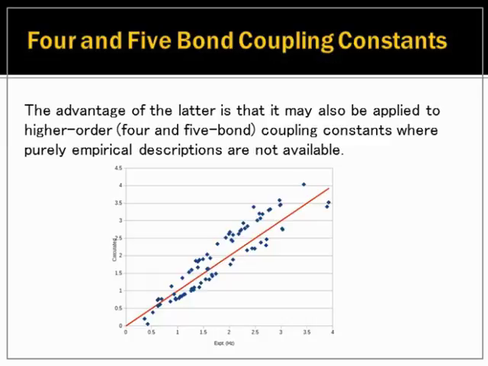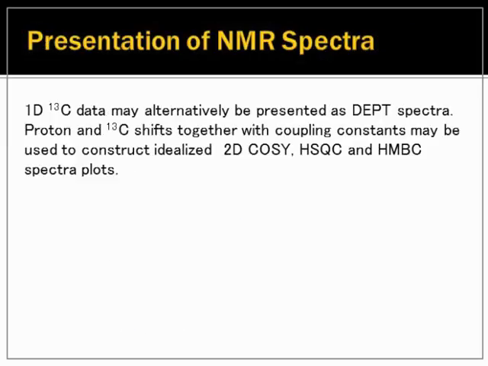And you see a reasonable correlation. There are 2 correlation lines. I would love to say these are 4 bonded, these are 5, but it doesn't work out that way. So there's something not clear here. The reason I bring this up is that whether you establish coupling constants by empirical methods or by actually calculating